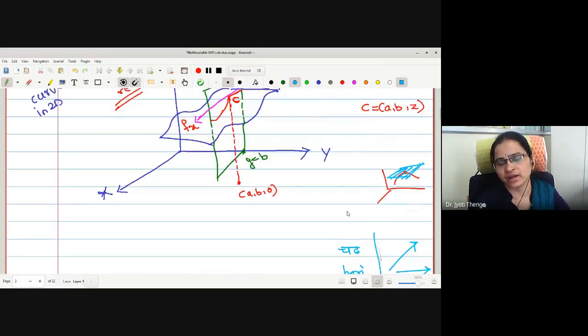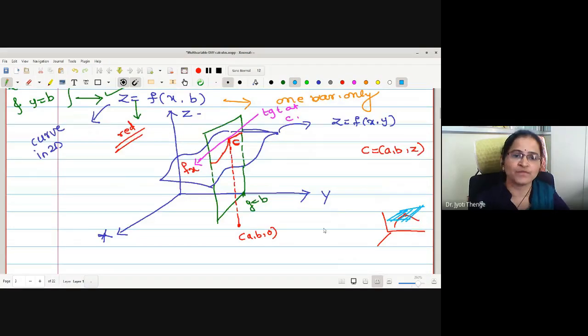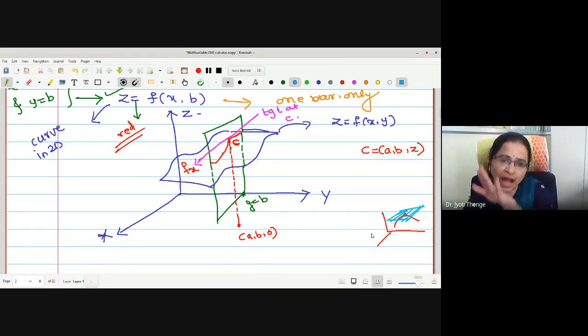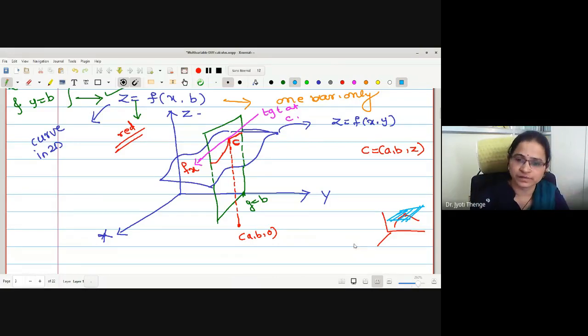Therefore, if you find the value of the slope of a given tangent at the given point, suppose the value is negative, it means the curve is of decreasing type. If the value is positive, the curve is going upward. If the value of the derivative is zero, the curve you have is of flat nature.